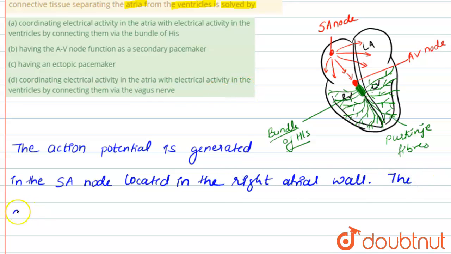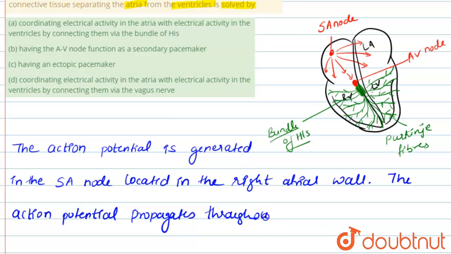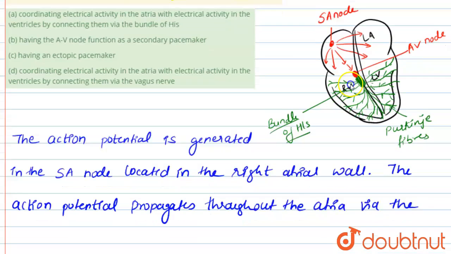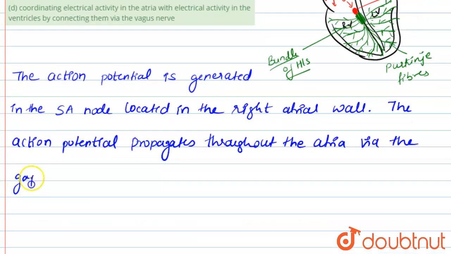This action potential propagates throughout the atria via the gap junctions